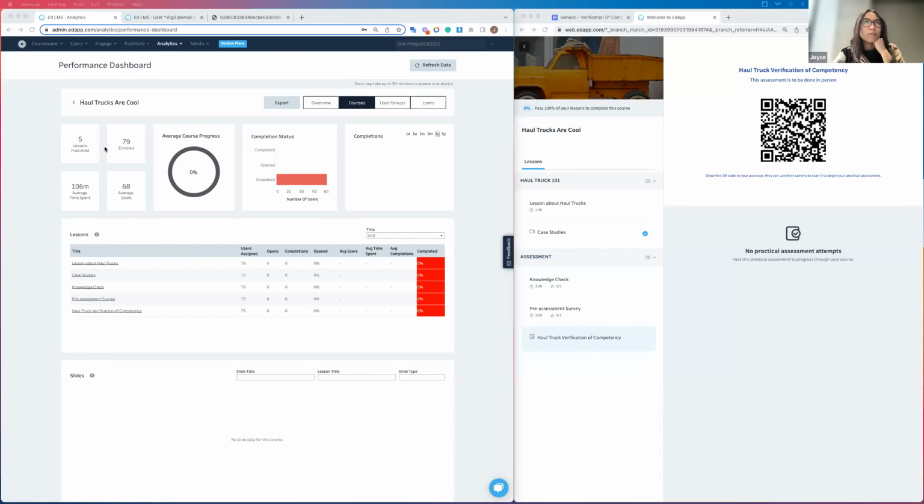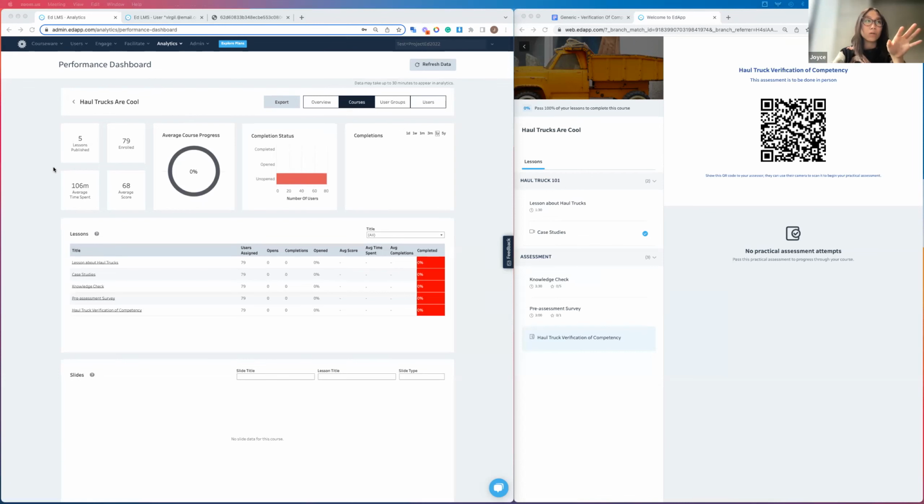You can just use the form however many times you want. You can obviously duplicate forms if you want to and add them into different courses by just copying them across. It's however you guys want to do it. It's pretty intuitive, and you can see how flexible it is to allow you to make up whatever form your heart's desire. Yeah, and if I just quickly share my screen,